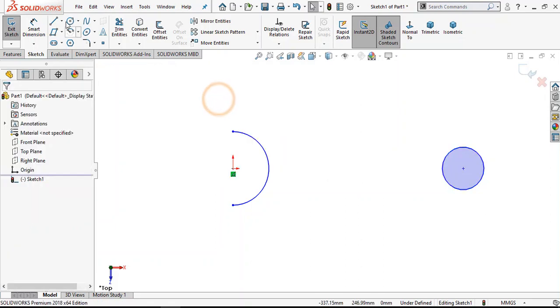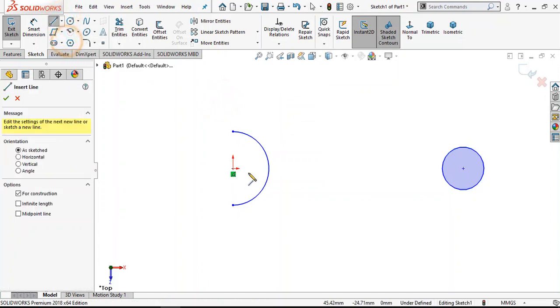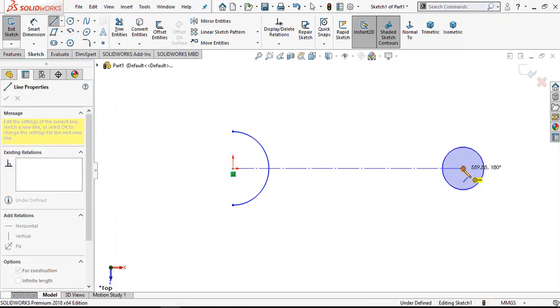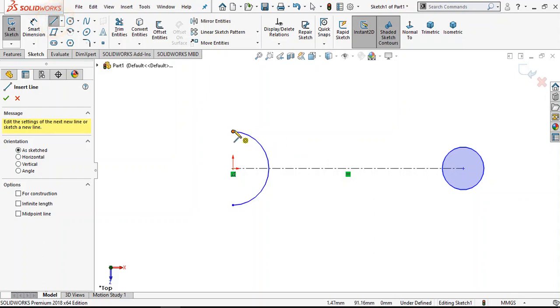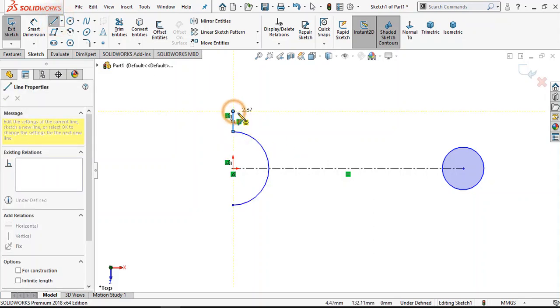Simply select center line and create a center line like this, joining the circle and the arc center. Now select line command and create a line from here.